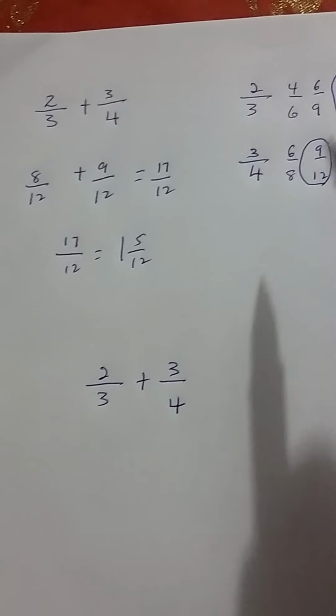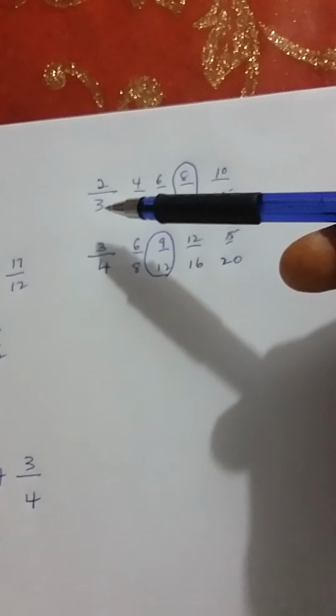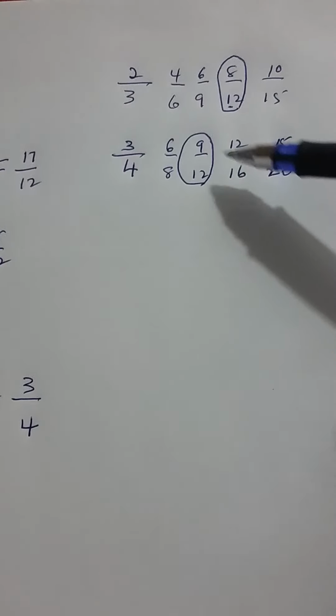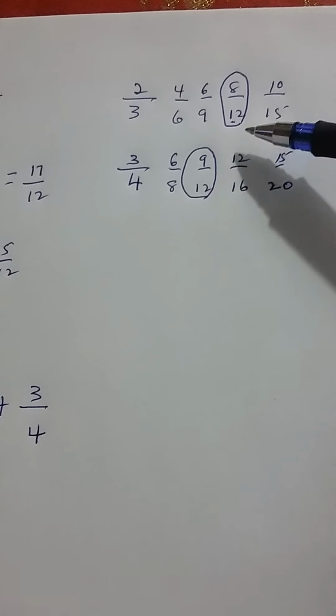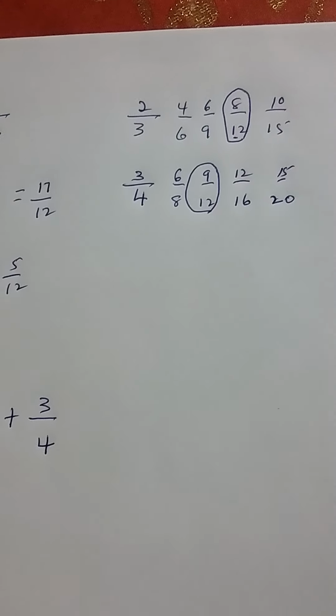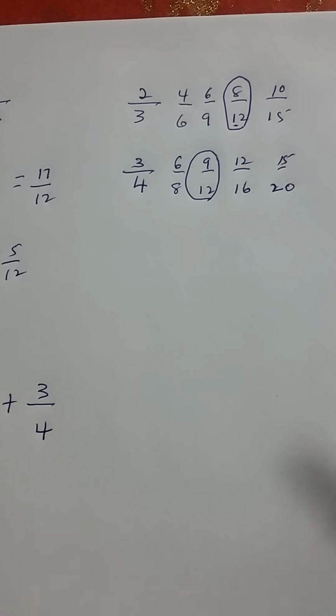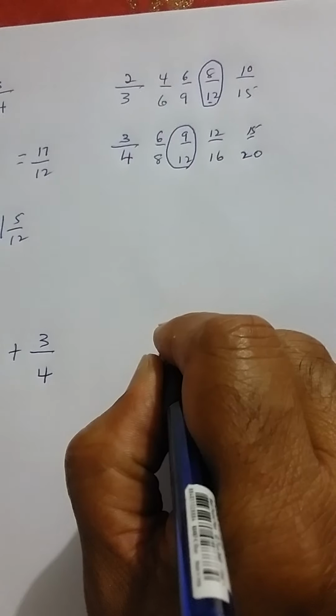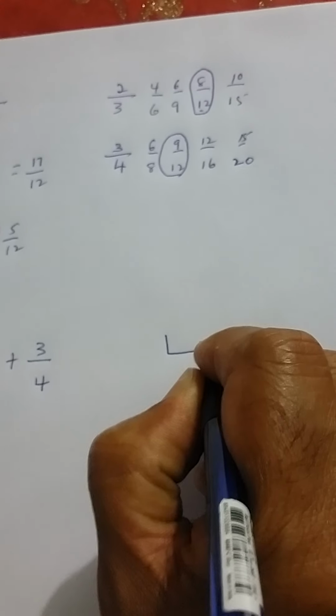In the previous method we listed the multiples of 3 and the multiples of 4, and then looked for the lowest common one. So really we are looking for the lowest common denominator, but in this case, the lowest common multiple. So you can look at your 3 and your 4, and find your LCM, the lowest